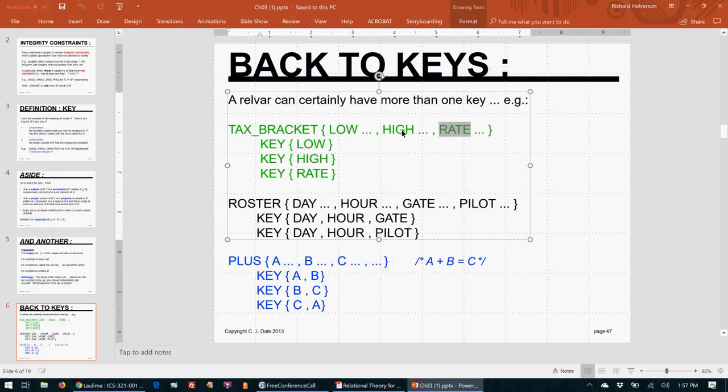But anyway, assuming all those things, then any one of these three fields can be the key, because they will be unique. So that would work. But you would not probably do that. In this second case, we have